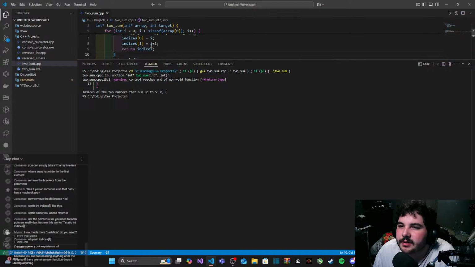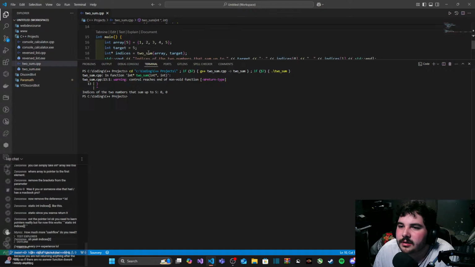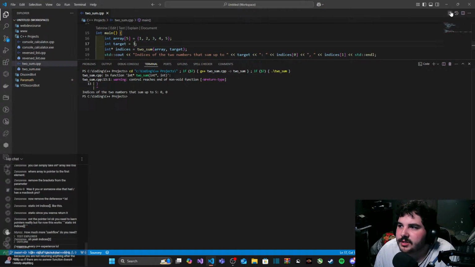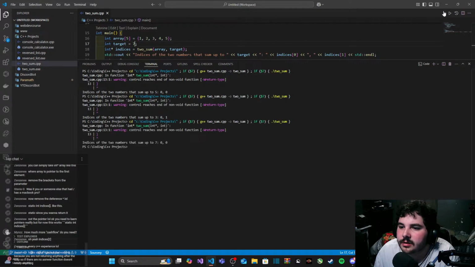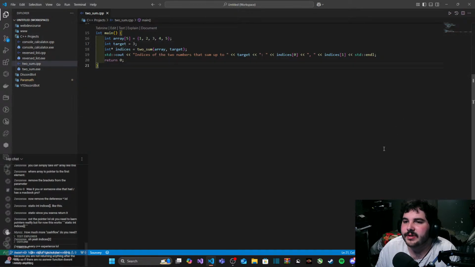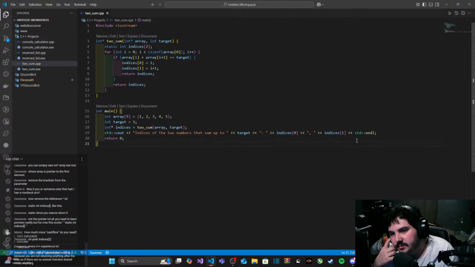To 5. But if I use 3, then it works, completely fine. What if I do 7 instead? Yeah, no, I get 0, 0. Okay, so it looks like anything up to 3, we start to get a problem, so I need to figure out why that is.